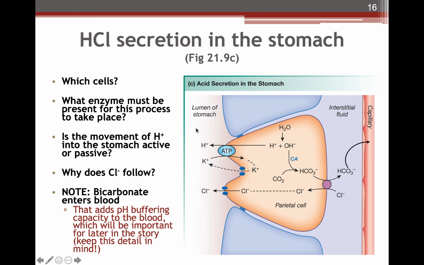Hydrogen ions are going against because there's lots of hydrogen ions out here. It's very acidic, so obviously there's tons and tons of hydrogen ions out here. These are called hydrogen ion pumps, or also called proton pumps,